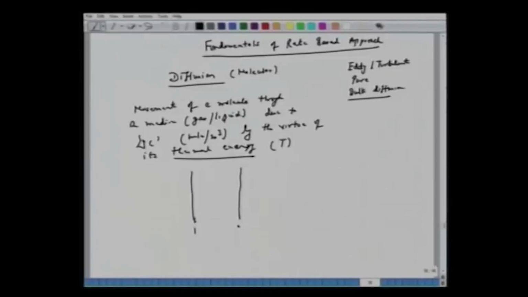So we have 1 and 2. Let's look at two planes. We have the concentration here is C1 and C2. If that happens, let's say oxygen molecule, so there is a concentration gradient here, some level C1, some level C2. Because of this there will be a transfer of the molecule from one plane to the other plane. Now very commonly you have heard of this Fick's law, Fick's first law maybe. So when we say application of Fick's first law, we are referring to this transport or the mode of transport,